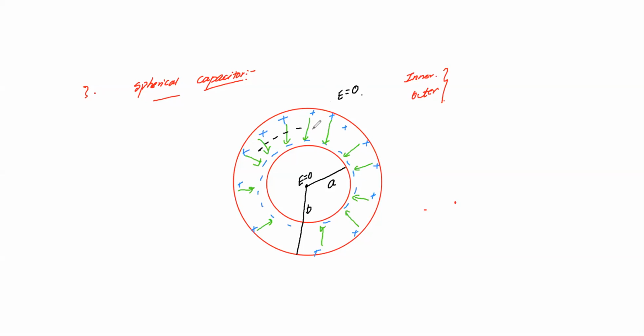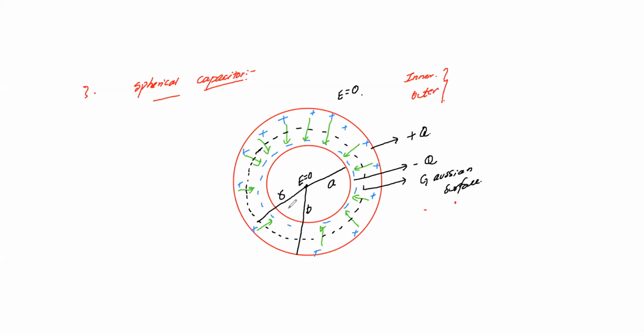So field lines are passing through a closed surface, which is creating flux. These are your Gaussian surfaces having some radius. I'll take the radius from the center to the dotted line as smaller. This upper plate I'll take as a positive charge plate, and the lower one as a negative charge plate. Whatever dotted lines we are discussing here, I'll take as the Gaussian surface. Now let's see the relations.